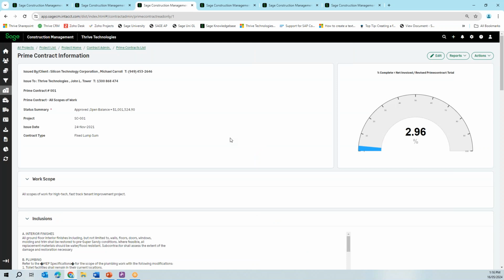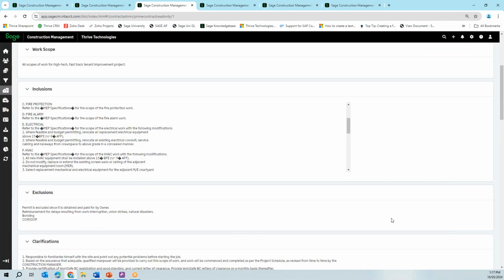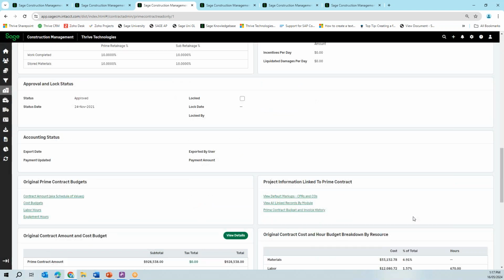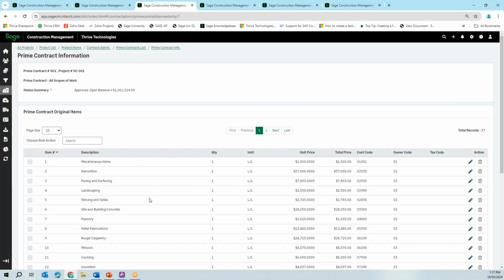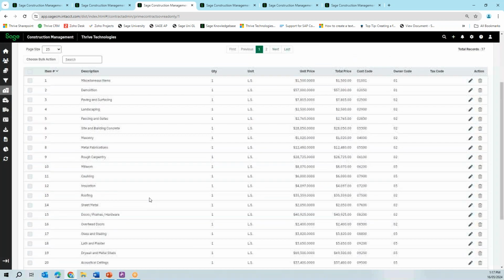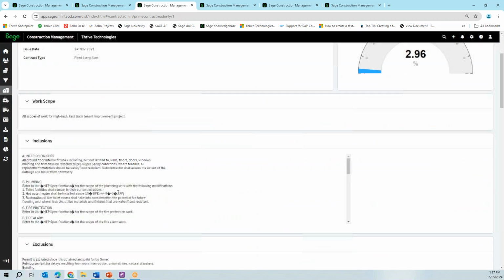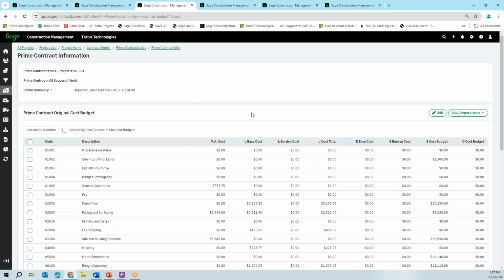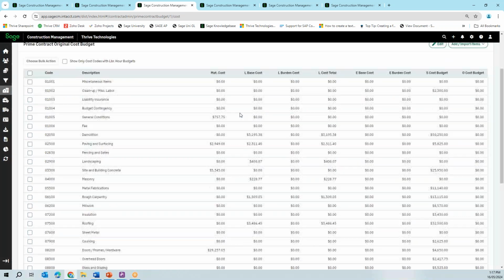We have our prime contract information here. You can see that the prime contract contains our scope, our inclusions, our exclusions, classifications, our start and finish dates, and best of all, we can look at our contract amount, our schedule of values, which lists our cost codes. And we can also look at our budgets on our prime contract cost budget here, our cost codes, our material costs,